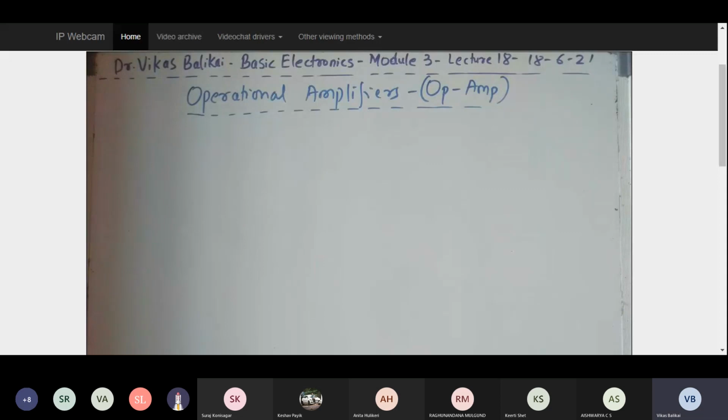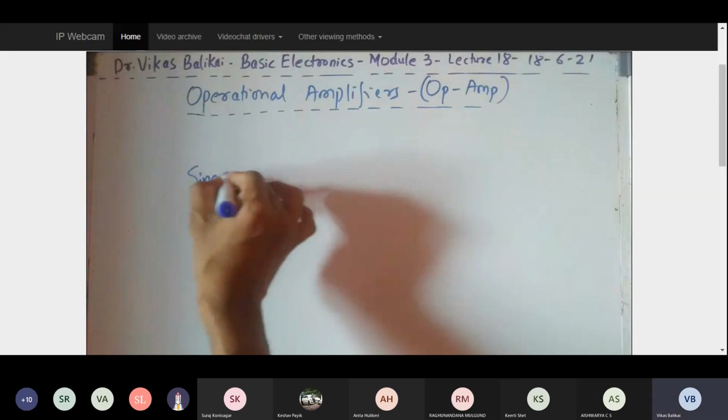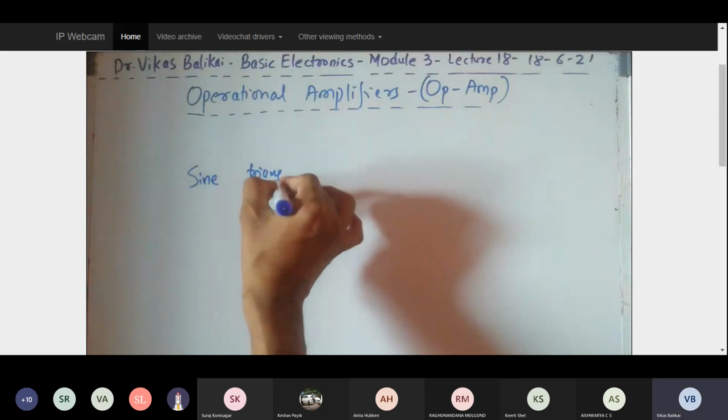We try to use voltage and current as our signals in all our different circuits. Let's say you want to perform mathematical operations, like adding two voltages and understanding the resulting value, or subtracting voltages and understanding the outcome, because the signals will be of different nature. The signals could be sinusoidal, triangular, or square wave.